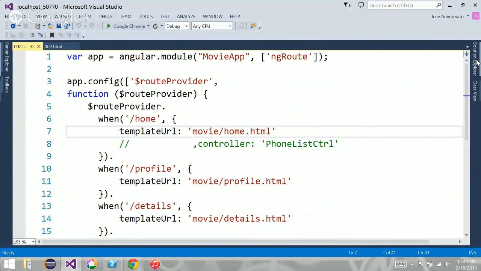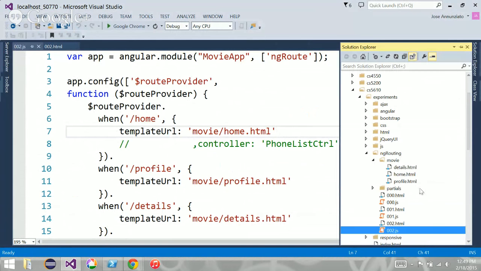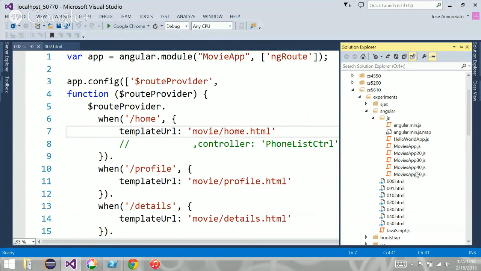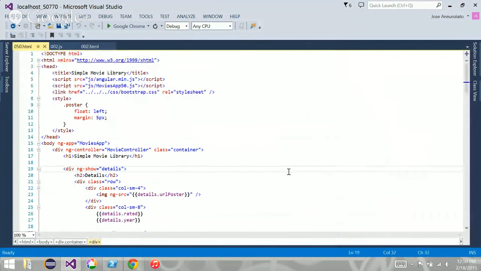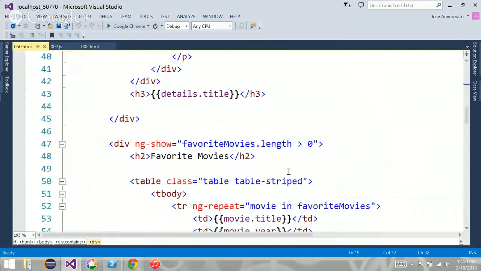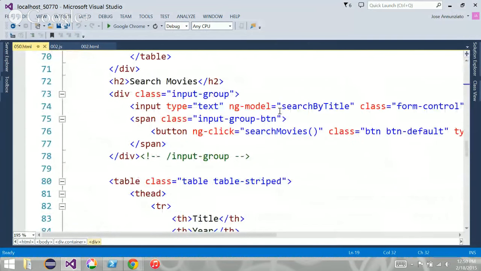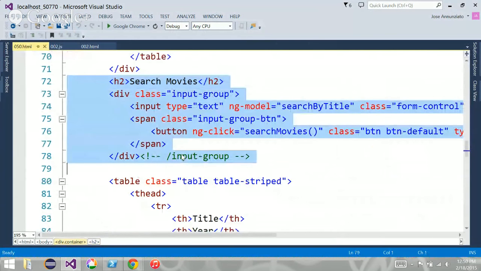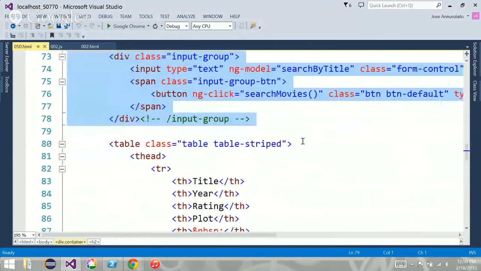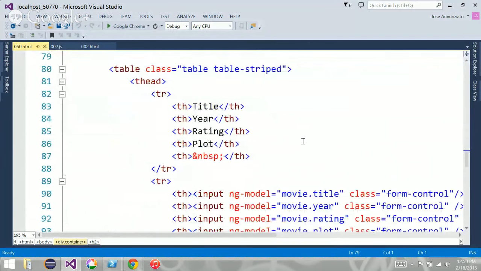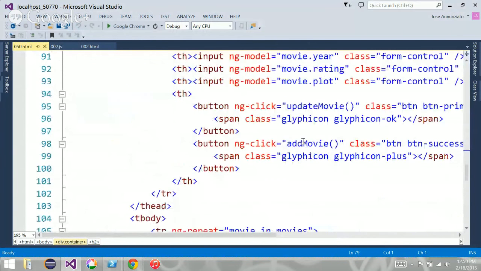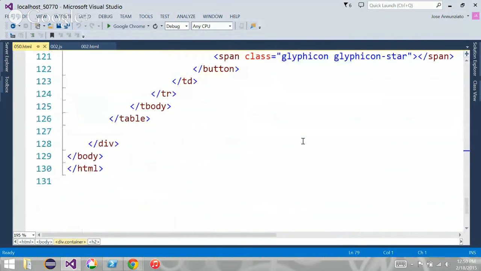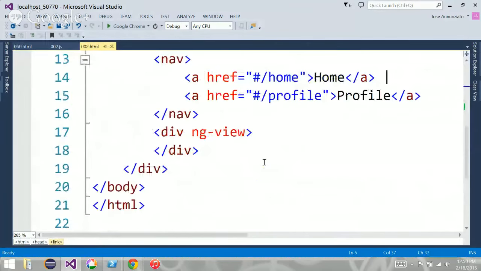So how do we do that? Let's see. Way back in the Angular example, didn't we do that? How do we do that? Let's see. We had over here a search movie input field and a button to do that, right? So let's copy that, right? Also, we had a table that would display all this, right? So let's copy all that stuff, because we already had a lot of that. Okay. I'll just paste it in here, right?